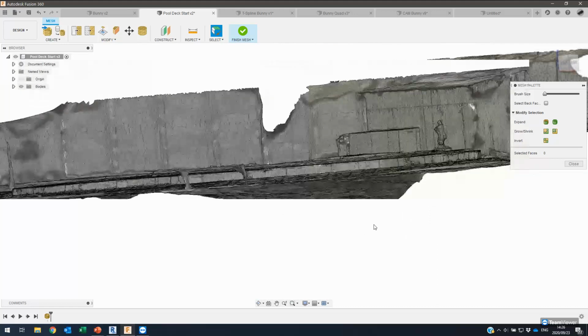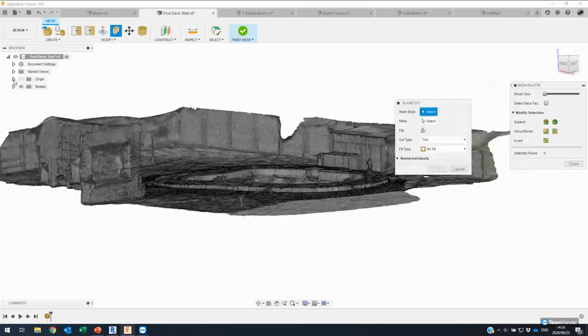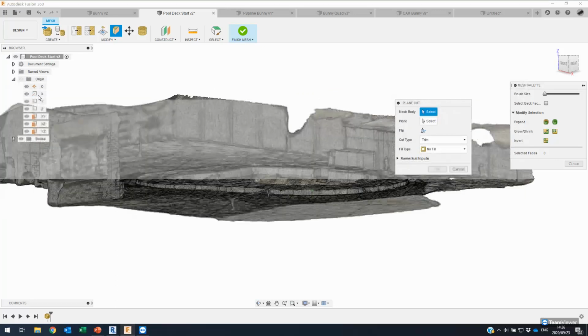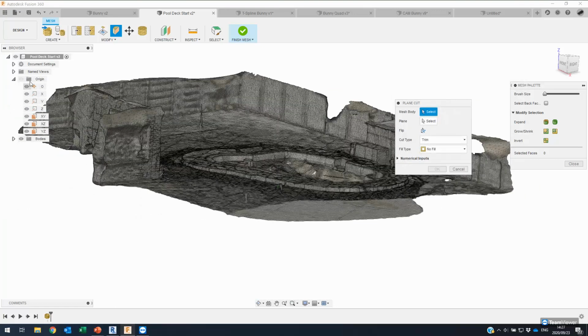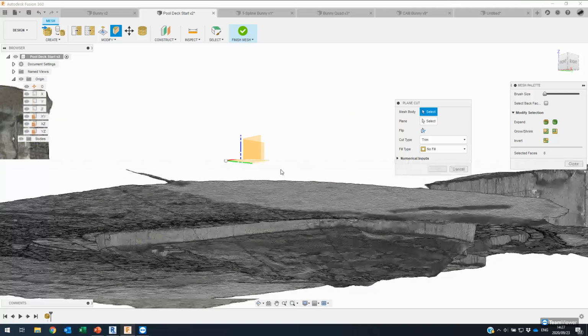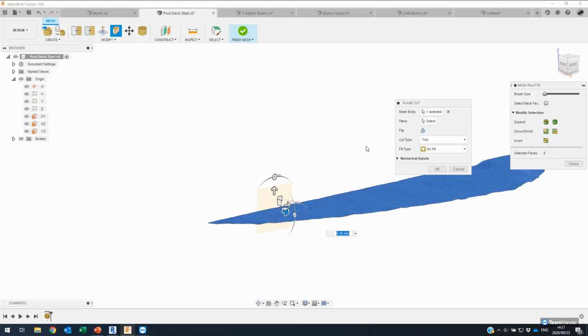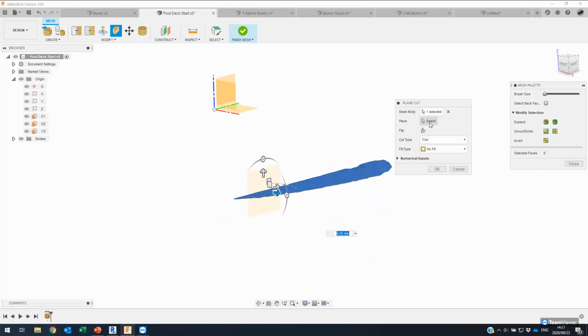However, I would want to maybe reduce the mesh that I have, and so we'll look at using the plane cut option here to actually slice the model and remove all of that material below the swimming pool. So I'm now going to go ahead and find the horizontal work plane. First thing I need to do is choose the body that I want to cut, and then the work plane. So I'm going to go ahead and select horizontal work plane,